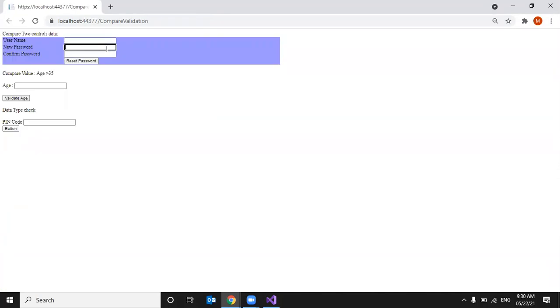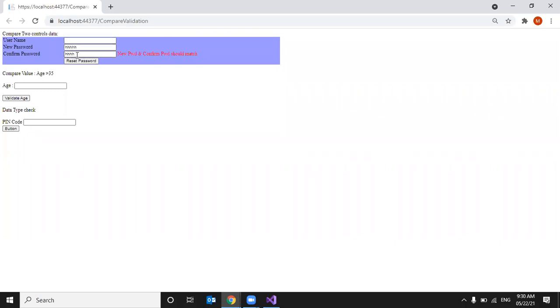Now I am entering the password. I entered H five times in the new password, and now I am giving only four times here. See here, "New password and confirm password should match." I took it as a text to understand it. If you want to hide these characters and display dots, you have to change the input type to password. For understanding purposes, I am just showing it as visible text.